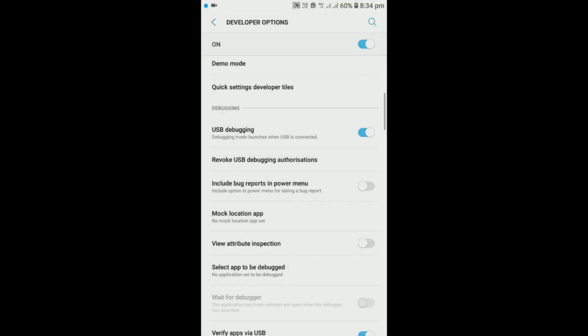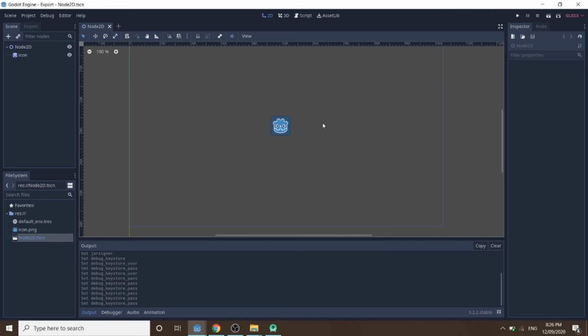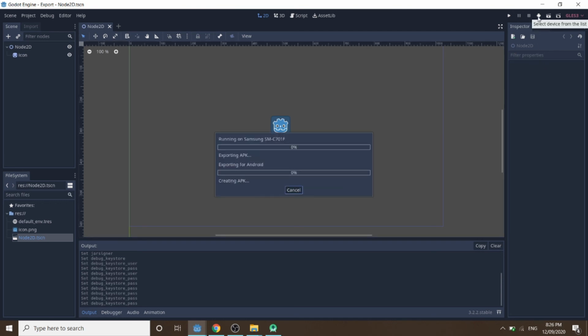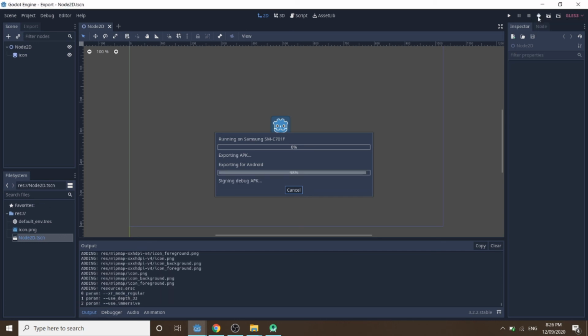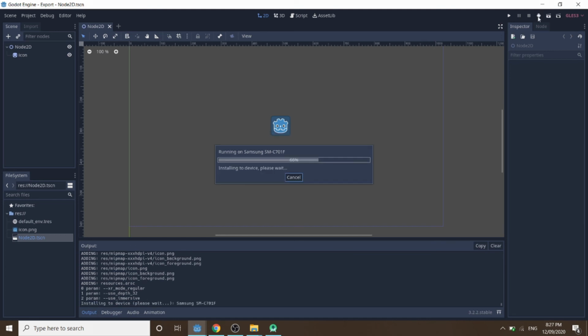Now moving to our machine, when you connect the USB cable, a small Android icon will pop up in the topmost right corner. When you click on it, it will automatically install the project on your Android device. So you don't need to constantly make an APK. When you have to change the settings or update the project, just save the changes in the editor and click the button again. It will automatically save the changes and install it on your device.